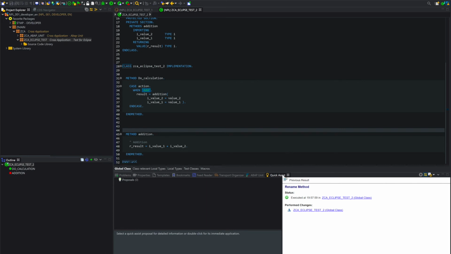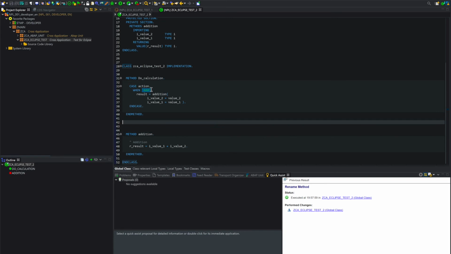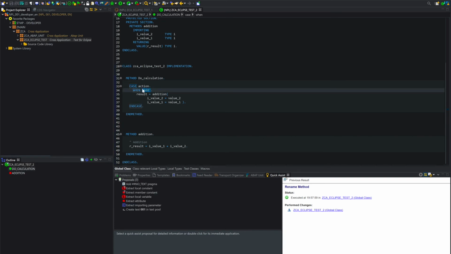Quick assist will always propose you something to do when you select something. For example, I have put a text add for my condition, but a lot of times in a lot of companies, we expect not to put hard coded text.